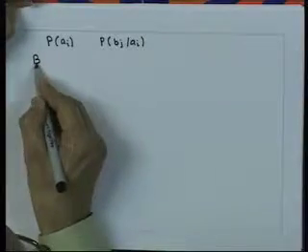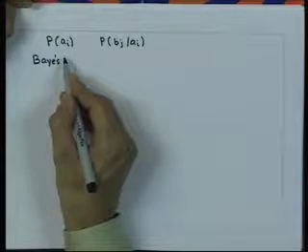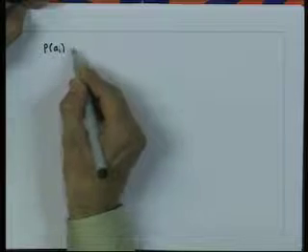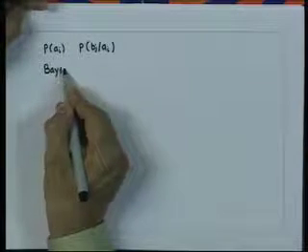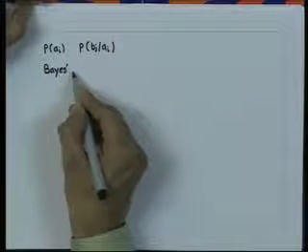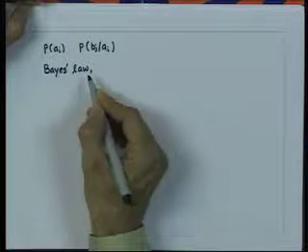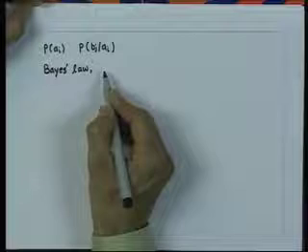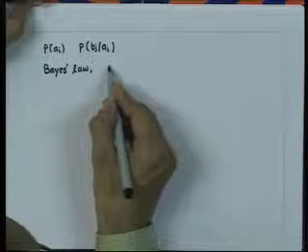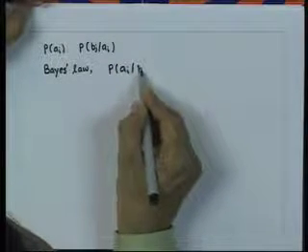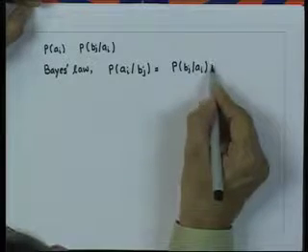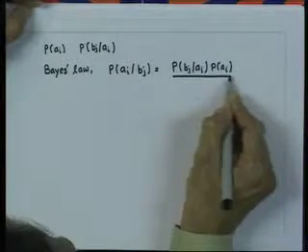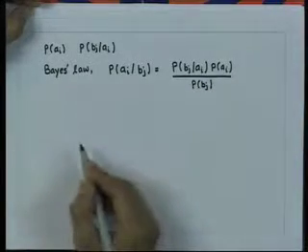Now, according to Bayes' law, the conditional probability of an input Ai given that an output Bj has been received, probability Ai given Bj, is equal to probability of Bj given Ai multiplied by probability Ai divided by probability Bj,